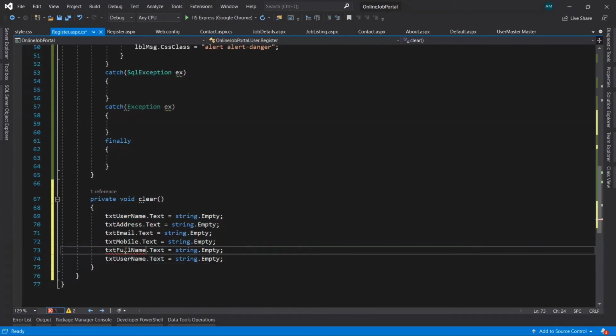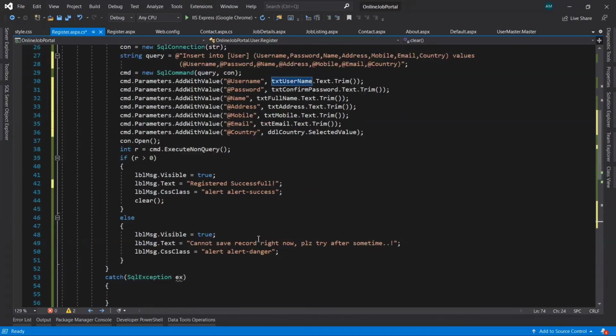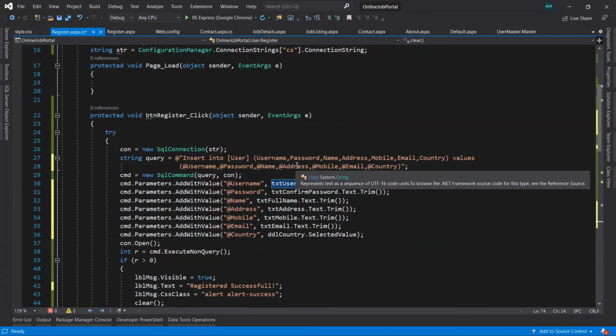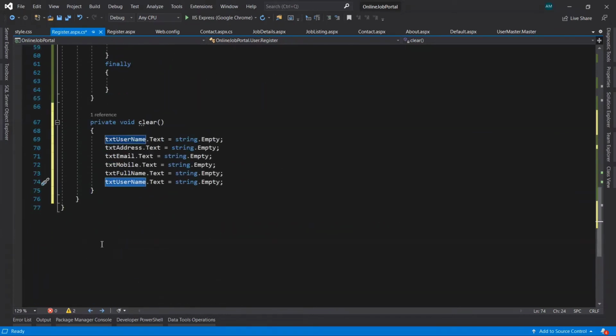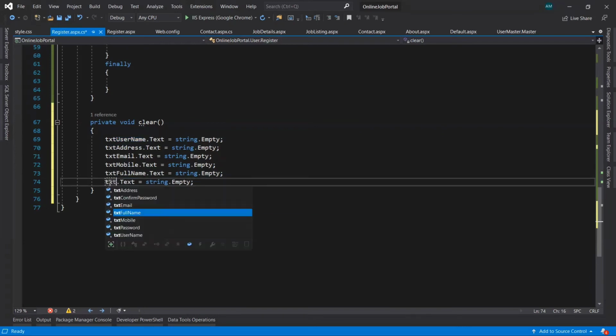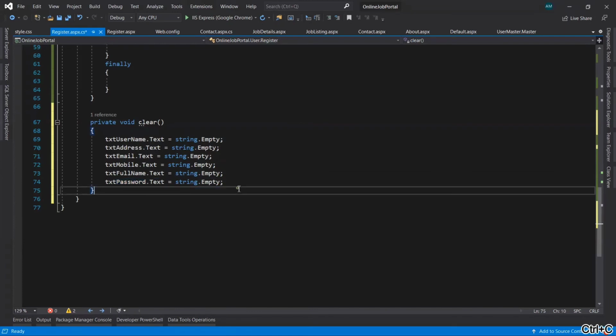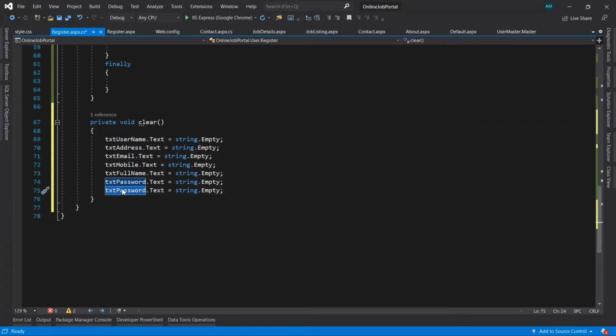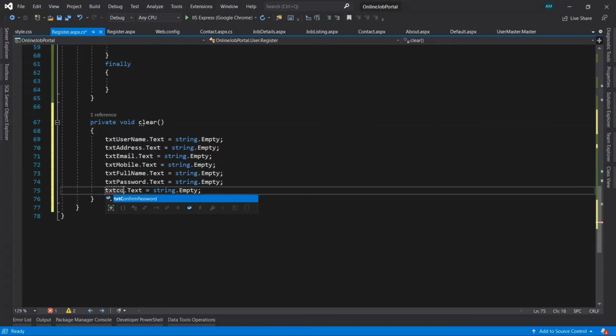The last one we have left is password. txtPassword, and let's read one more time, that is txtConfirmPassword.